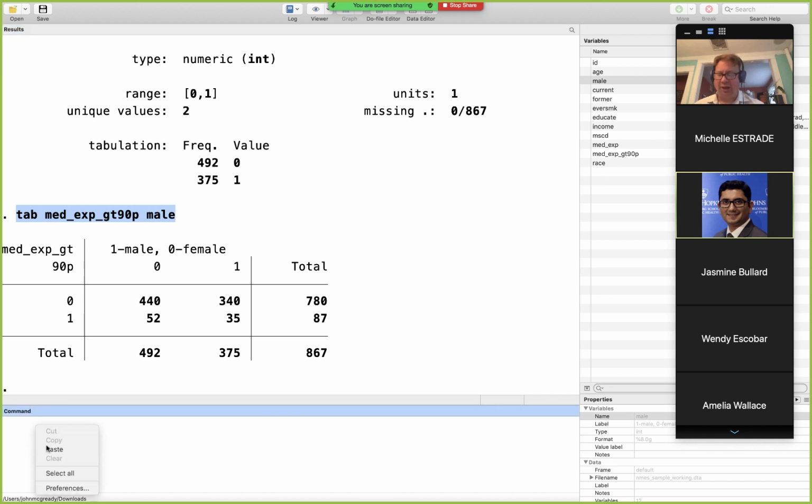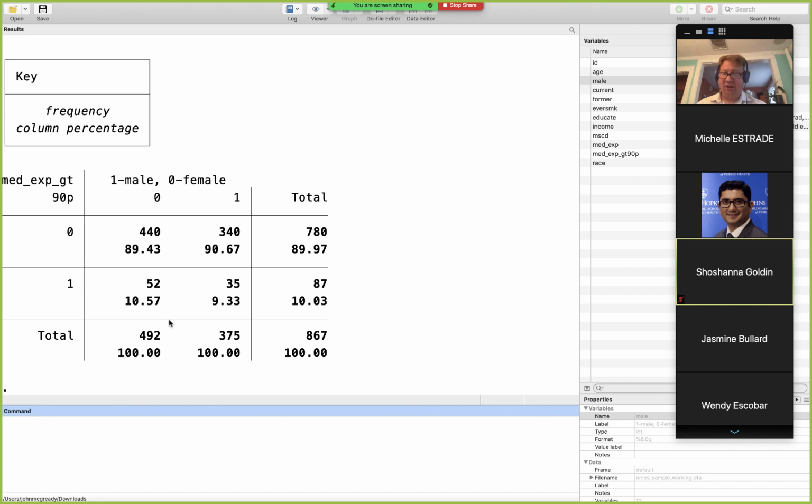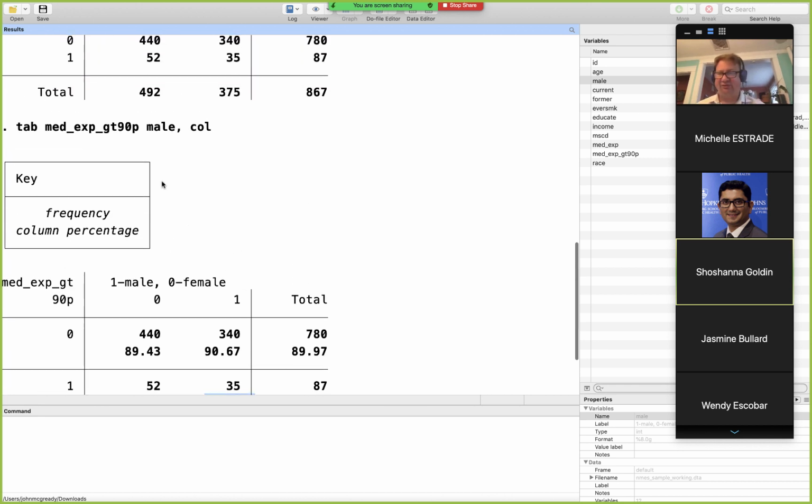Well, I'll give it to you. Column? Okay. So we've got 10.57% of the males had high medical expenditures versus 9.33% of the females. So we can see that the percentage of males who have high medical expenditures is greater than females. If we want to see whether this is statistically significant,